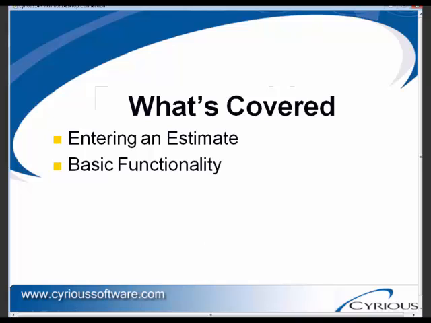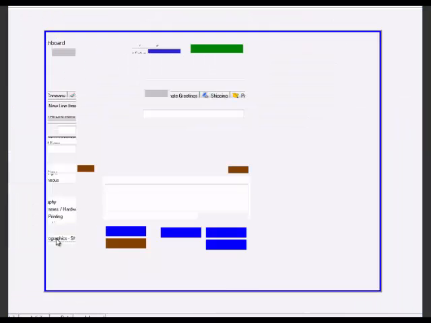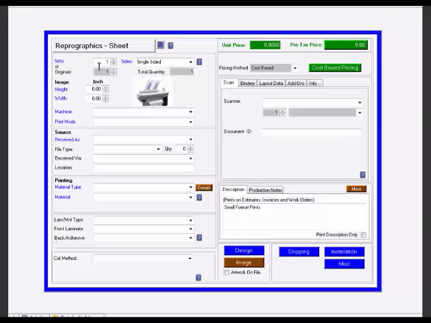If we're in Control within System, within a new estimate, once you've filled in the company and the description, under reprographics, you'll come to the reprographics sheet product. You'll want to enter the number of sets being ordered and the number of originals or pages within each set, whether it's single or double-sided, the image height and width,